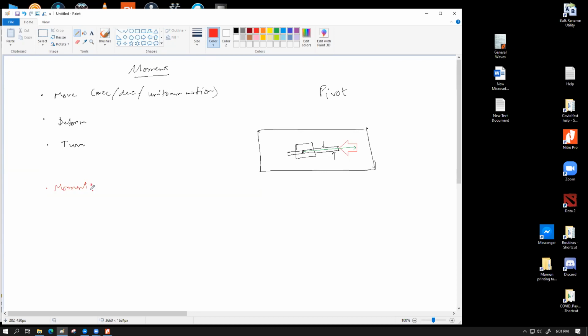Typically, the examiners always like to have the quantitative definition. I don't know the reason, but that's how they work. That's what I have derived from the examiner's reports over the years. So moment can be defined in terms of a qualitative definition. We can say that it is the turning effect of force on an object, which works. But the quantitative definition goes like this. It is force multiplied by